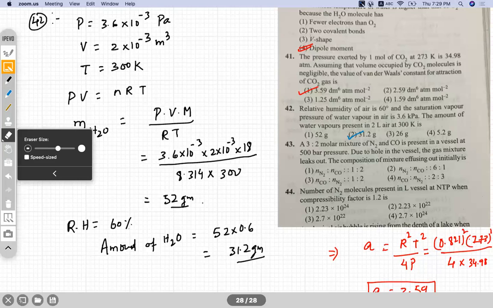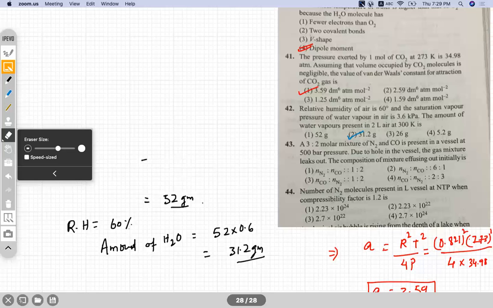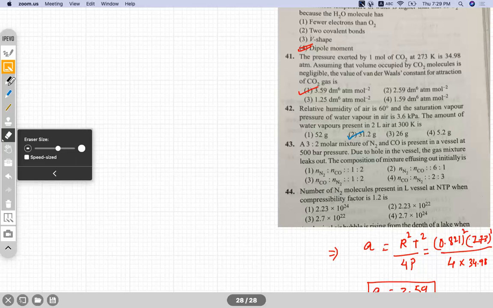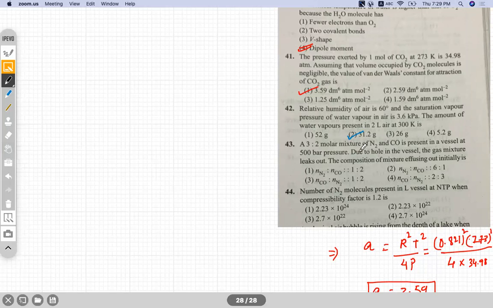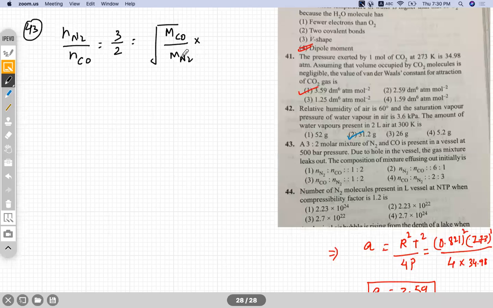Okay, 43, what is the answer? A three by two molar mixture of this and this, what does it mean? In the question it is given that the ratio of number of moles of N2 by number of moles of CO is equal to 3 by 2. At 500 pressure, due to a hole in the vessel, the gas leaks out. So it would be what? Root over of molecular mass of CO divided by molecular mass of N2, into the pressure of